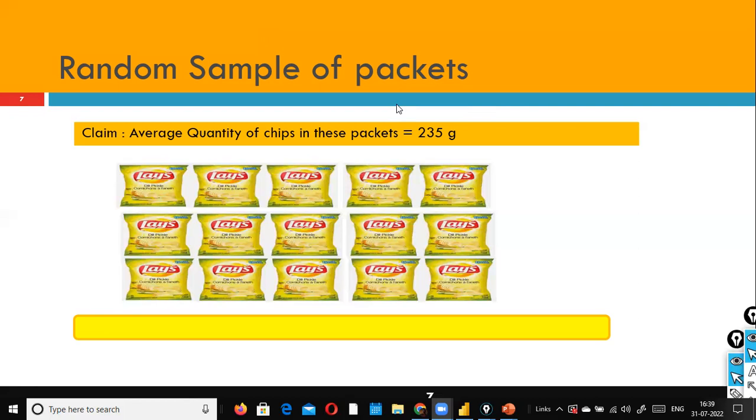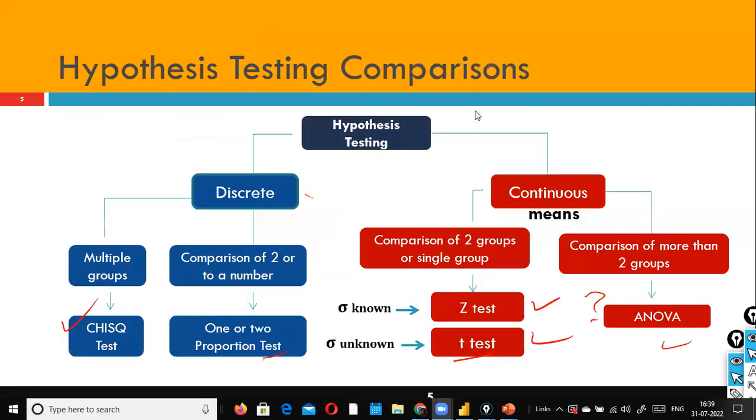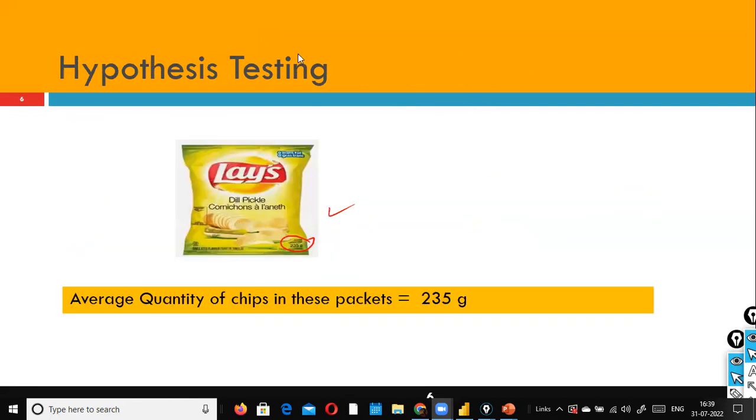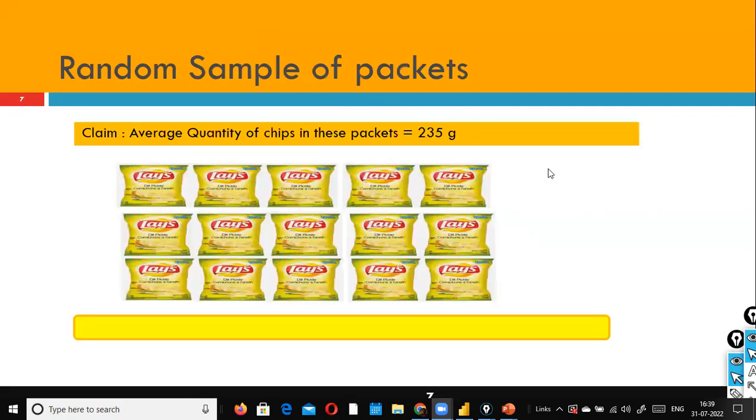Okay, so now what I do is I want to conduct a test to validate whether each packet has 235 gram quantity of the chips in it or not. So I go and collect some samples. I buy the chips packets from different shops, and then I unpack all these packets and weigh them. After weighing each packet, when I take the average, let's say I get